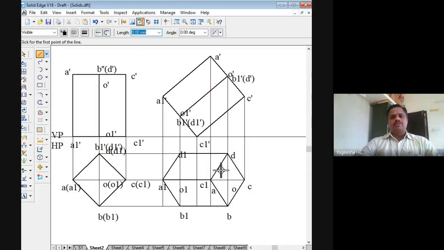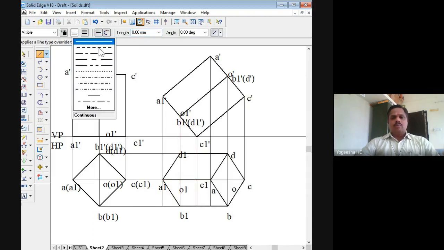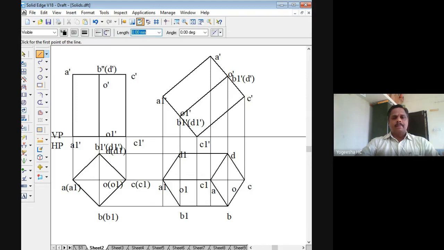Then the bottom base will not be visible as we have seen in the previous example also. So the bottom base should be hidden. Already we have marked A1, B1 as thick. Then A1 D1 has six, and of the remaining two lines, that is B1 to C1 and C1 to D1, are to be marked as hidden lines. So B1 to C1 I'll join as a hidden line, then C1 to D1 I have to join as a hidden line here.